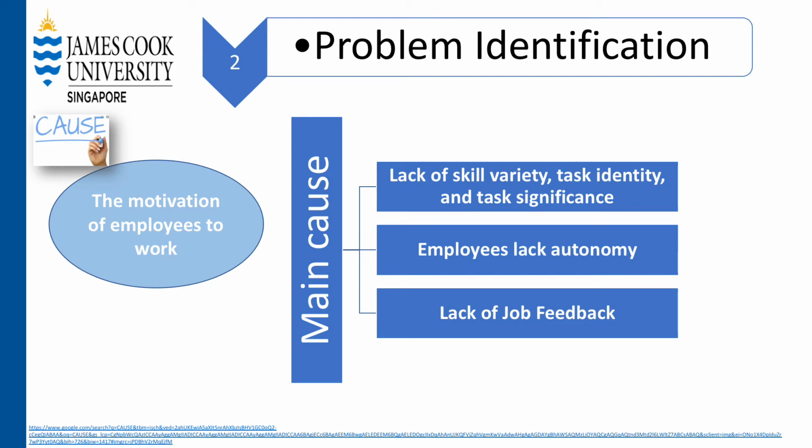The last one is really important, that is the lack of job feedback. She decided to close the softball companies without the employees' input. The next one is she changed the operating process without the demand to listen to them or get their feedback. This is important because this factor leads employees to not experience the third important psychological state in the job characteristic model, which is knowledge of actual results.